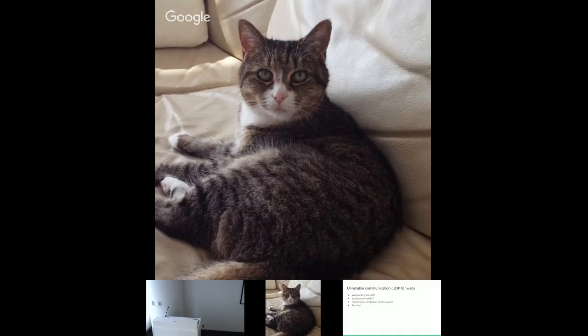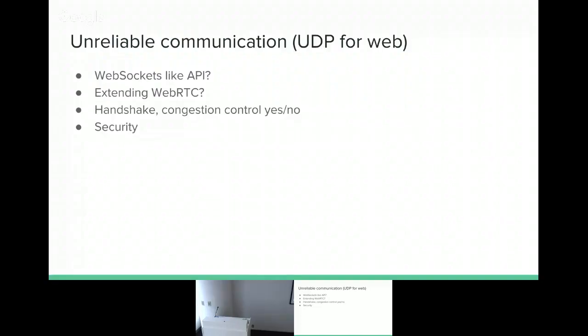so we had a discussion with Peter Thatcher, who works on WebRTC, and he felt that congestion control was very critical, basically. And I've concluded the same thing, that if we want to provide an API that, like WebSocket, doesn't require some kind of user interaction, that the page can just use it, then it has to have congestion control, because as far as I know, there's no other way to prevent the